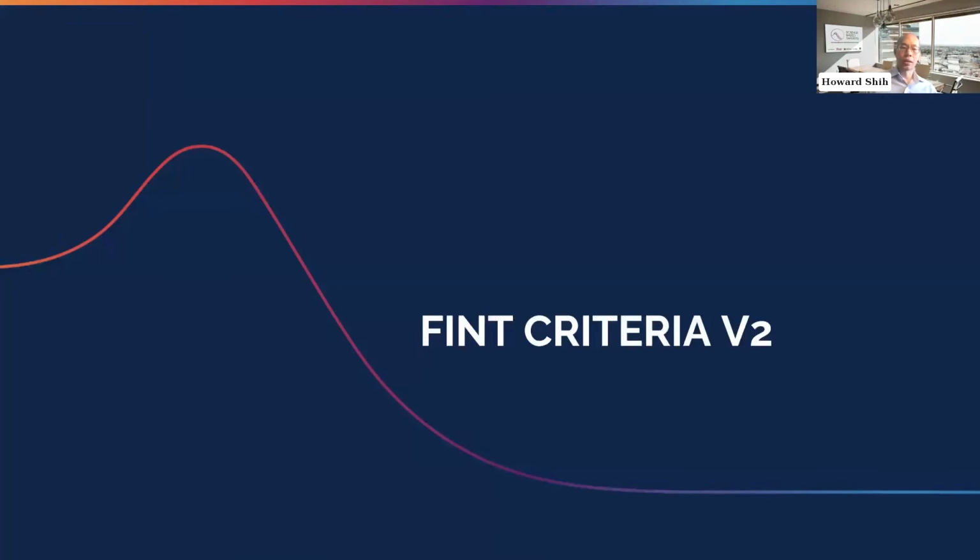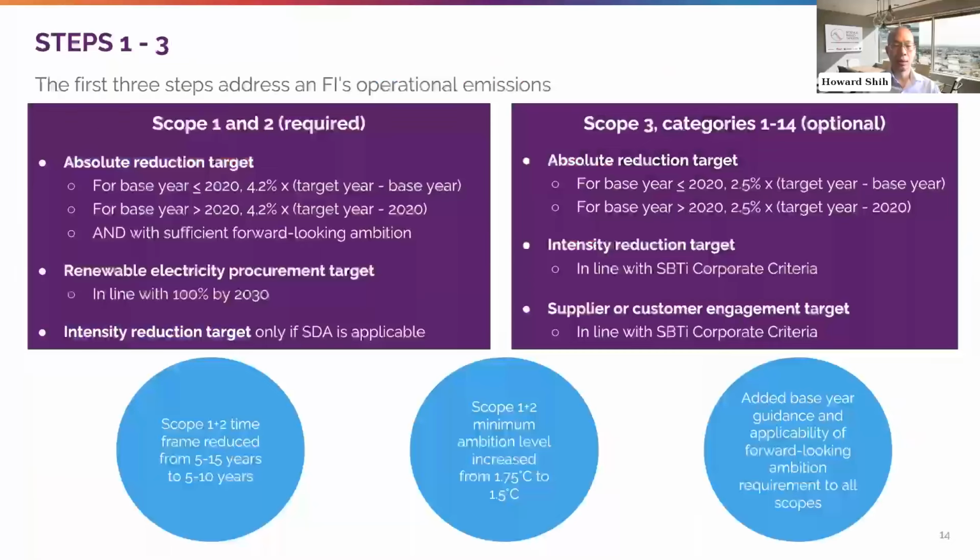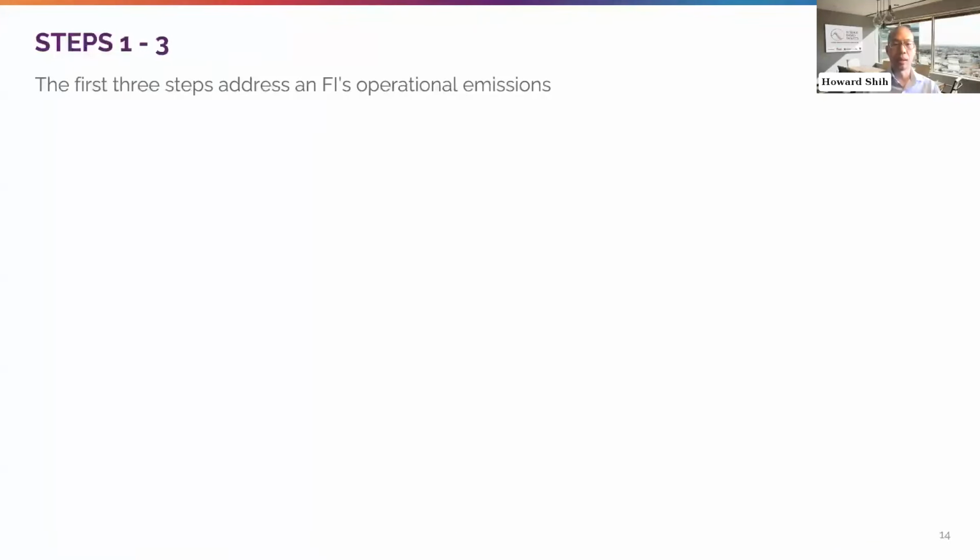Thanks, Nate. So this next slide gives a general overview of the process for a financial institution to set SBT. And we can go over this step by step in the next several slides. So the first step is for the FI to define its organizational boundary, compile its emissions inventory, at least for